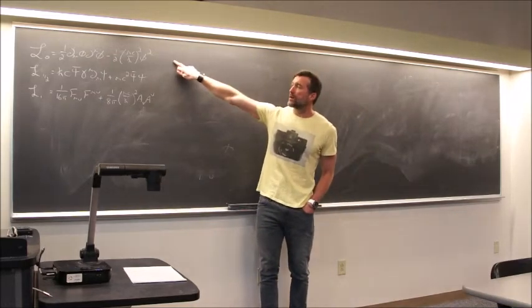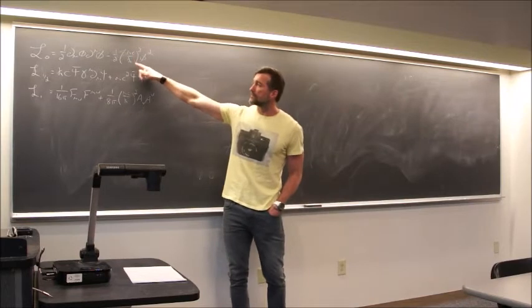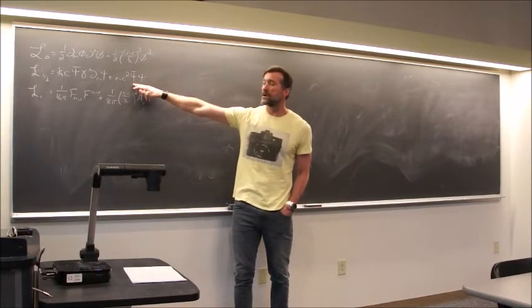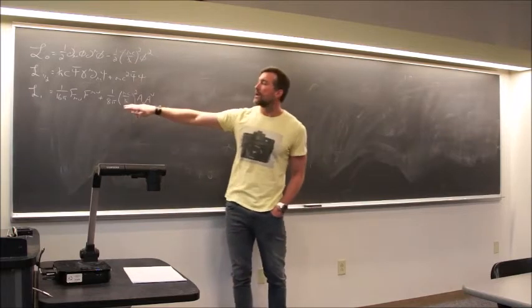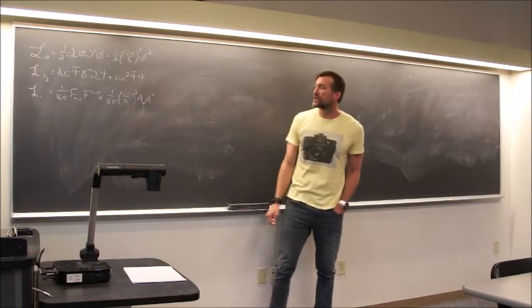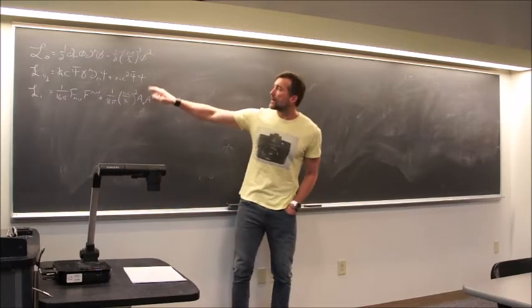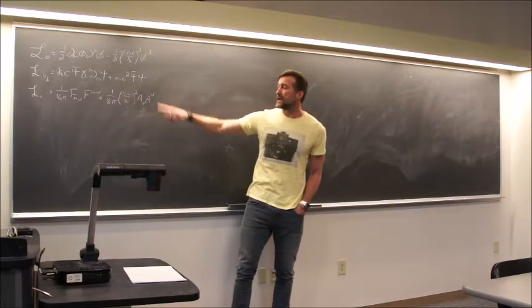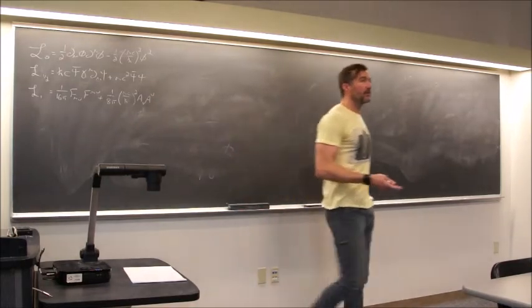For spin 0 particles, we have the Lagrangian which gives rise to the Klein-Gordon equation. For spin 1/2 particles, this Lagrangian gives rise to the Dirac equation. And for spin 1 particles, this Proca Lagrangian gives rise to the Proca equation, where in each of these, phi is the scalar field, psi is the spinor field, and A nu is the vector field,